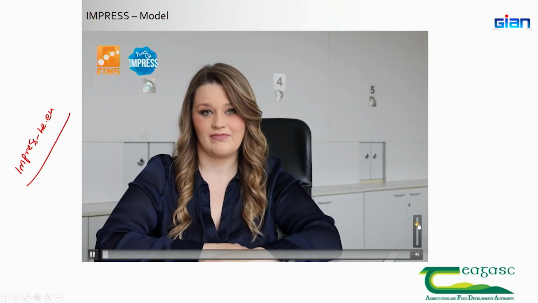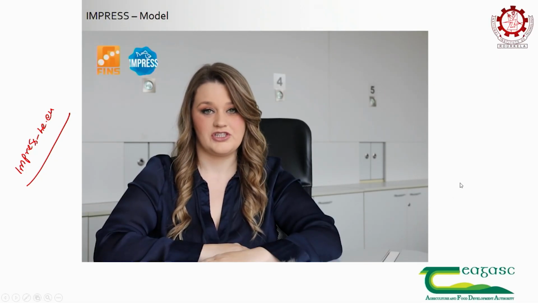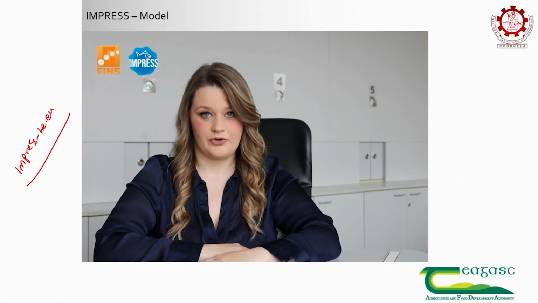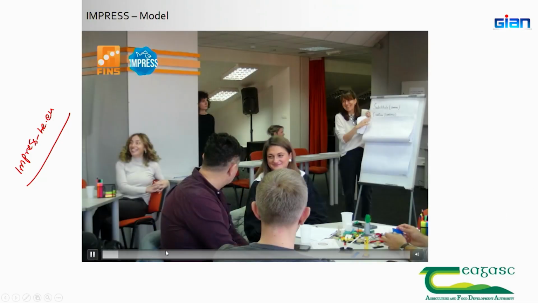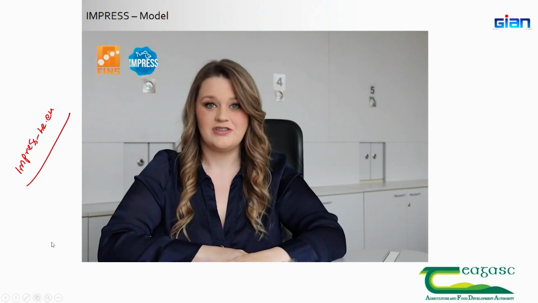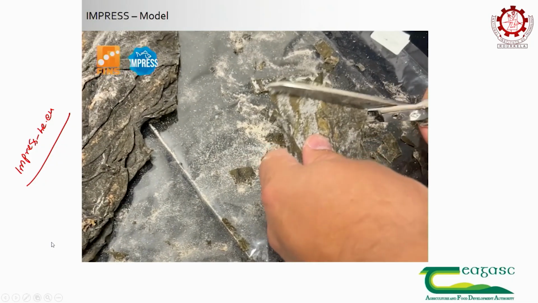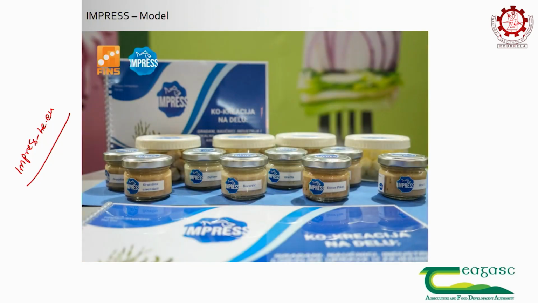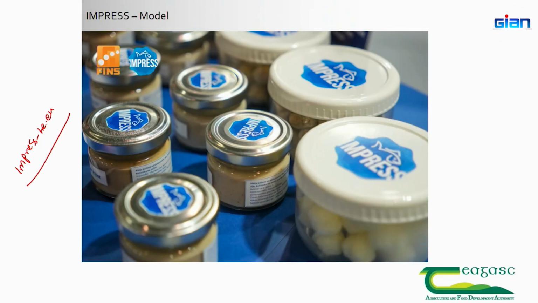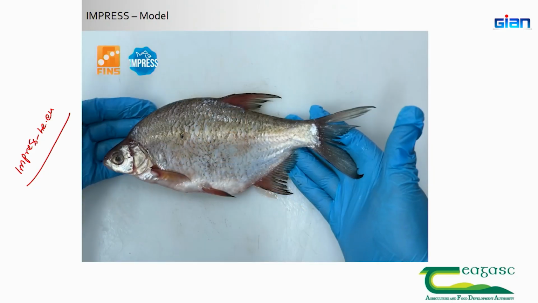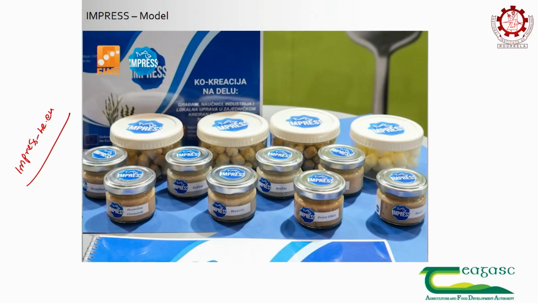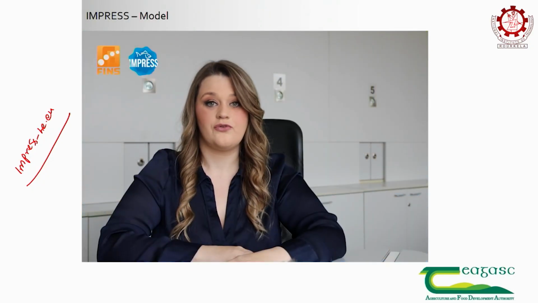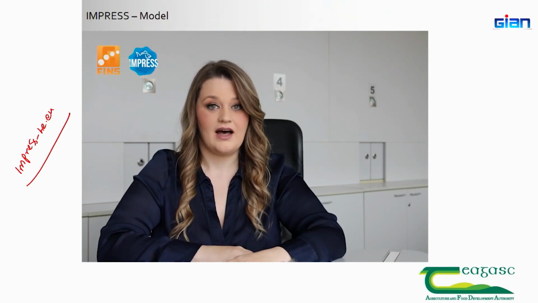Have you ever wondered how all of us can spark food innovation? At Impress, our industry-driven project, we are co-creating innovative food products from sustainable freshwater and marine ingredients through teamwork and collaboration. Imagine this: seaweed turned into vegan fish-like spreads, and freshwater underutilized fish turned into delicious, ready-to-eat fish spreads. If you are curious to see and interested to participate in creating these products that are better for you and the environment, dive with us into